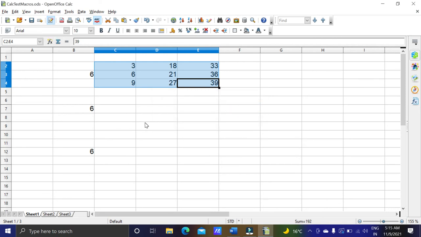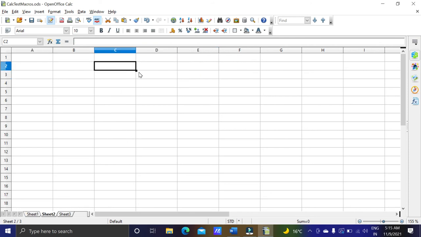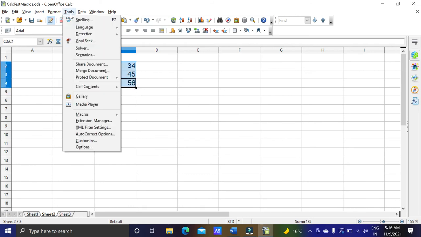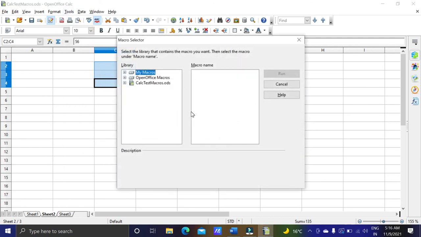There is a problem with the macro. See, I used the macro from C2 to E4, so only this range will work with the macro. I cannot use the macro for other cell ranges. So suppose I have 34, and then 45, and then 56, and then I have to use the macro: tools, macros, and then run macro.